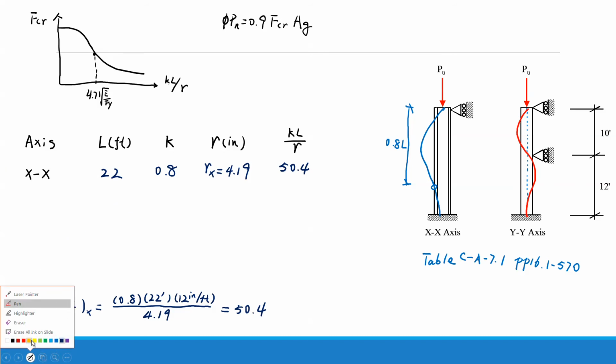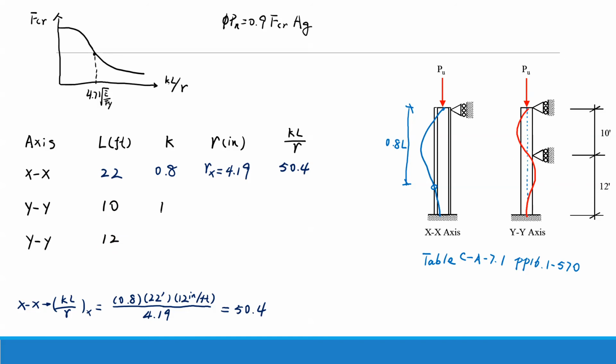Okay, so that's the first scenario, and the second scenario is the first band for y-axis, right? Y-axis first band. We have 2 spans bending about the y-axis. So first span is 10 feet long, and the second is 12. The first span is pin connected, K is equal to 1, and the second span is pin fixed, so it's still